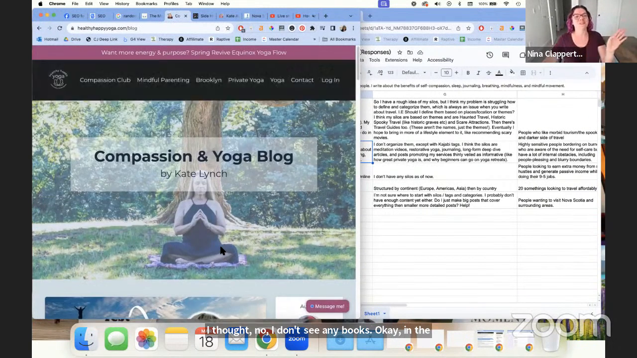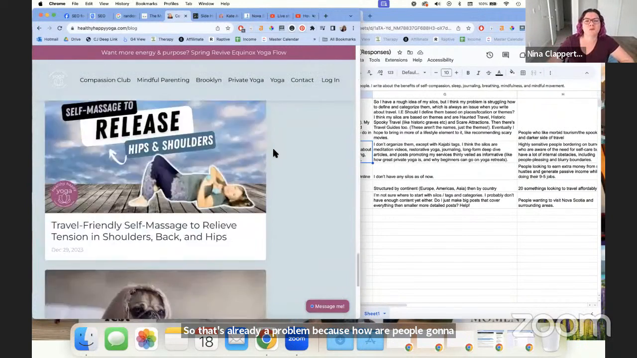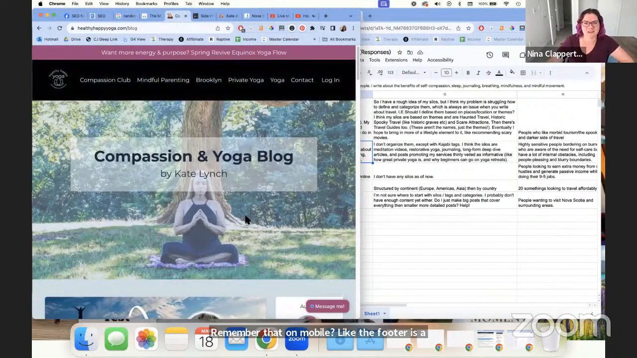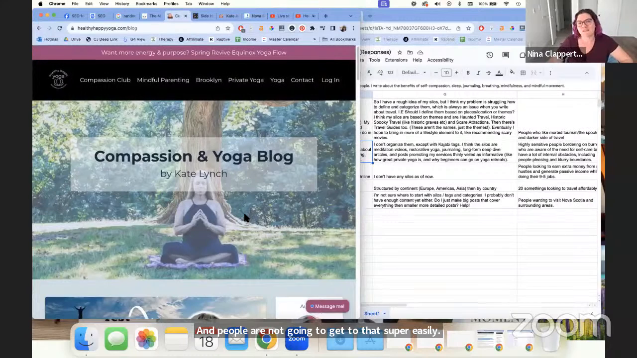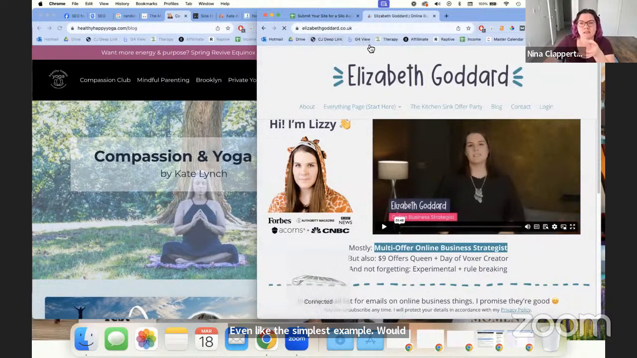So that's already a problem because how are people going to find this if it's not easily linked in your menu? Remember that on mobile, the footer is a ways away and people are not going to get to that super easily. So for anybody who does not have their blog linked in their menu, if you have a blog, link it, please. Even the simplest example would be Elizabeth Goddard,